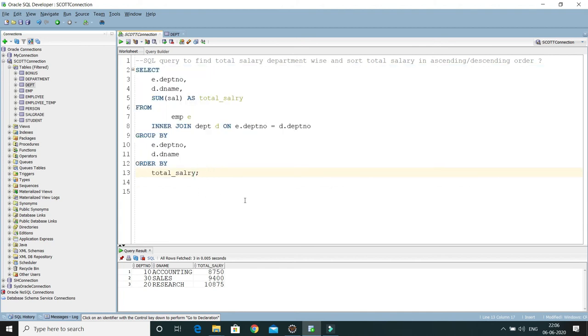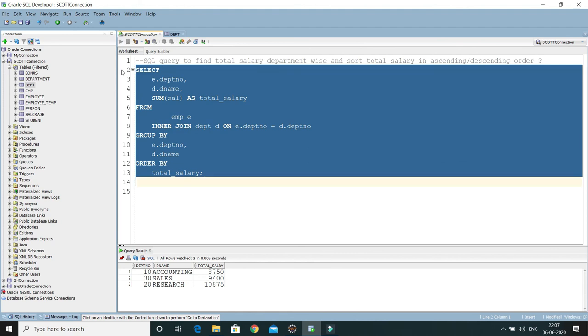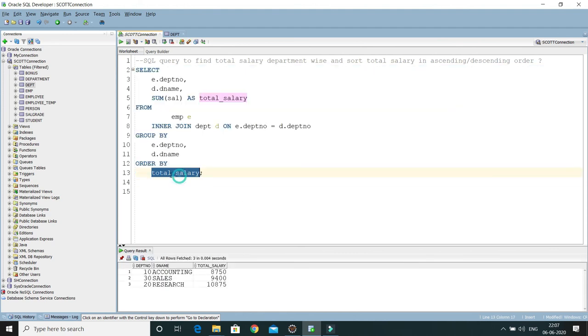So this is the way to display the information. So here the alias name is a little long, spelling mistake, SALARY. So basically we should give it in capital letters, but that's not a problem. Now if you display, then here you can see, by default when you say order by, it is going to display information in ascending order.